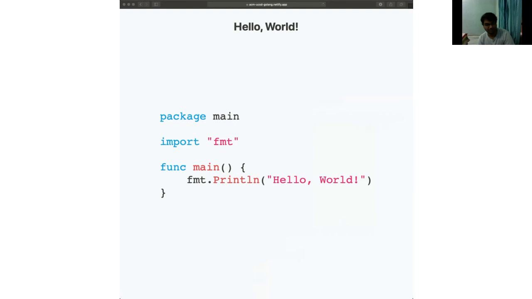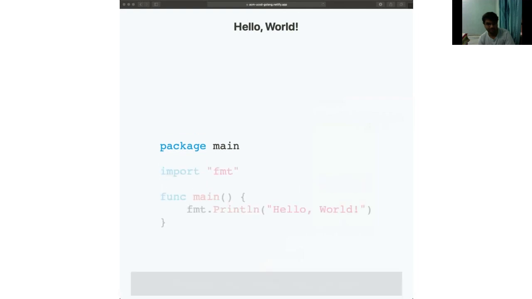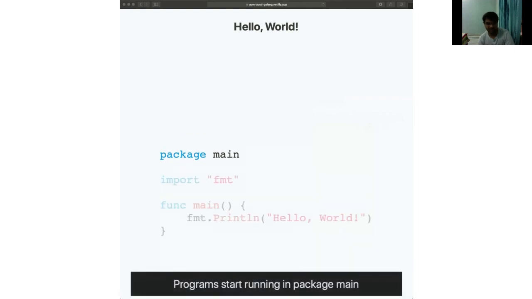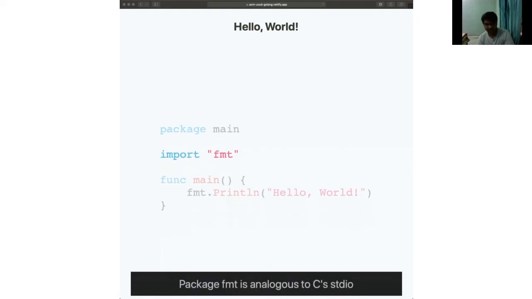First thing is just a hello world. In Go, you start everything in a package, and package main is the main program, like in C or C++. Our next line is import fmt. fmt is like C's standard IO, C++'s iostream, and Java's system.out and system.in.